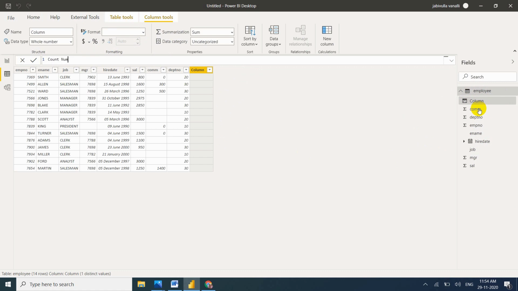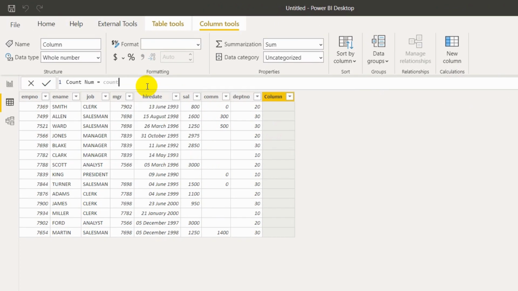So where are the numbers here? The Salary column is there. I want to find the count in the Salary column, so COUNT of Salary. Put whatever column you want to count, just put the column name. So it returns 11. Why? Because here 3 blanks are there: 1, 2, 3.